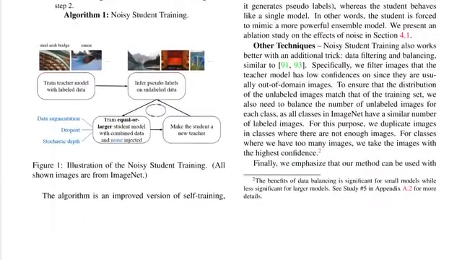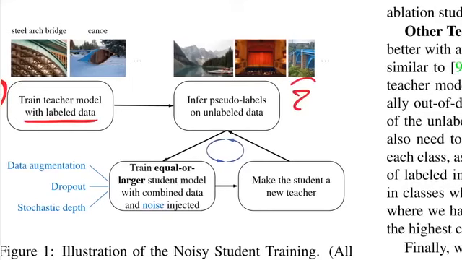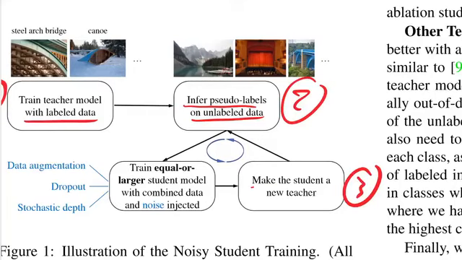So the technique again is illustrated here. As we said, it's pretty simple. First, step one, train the teacher model with labeled data, as you would. Step two, you infer the pseudo labels on unlabeled data. Step three, you make a student,